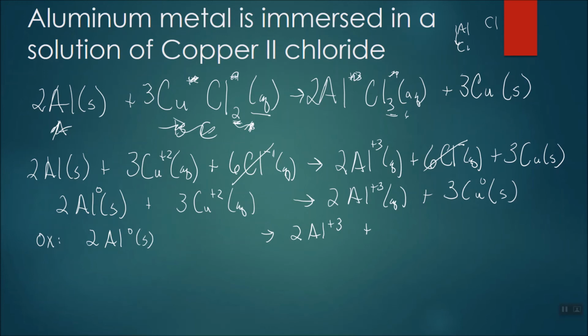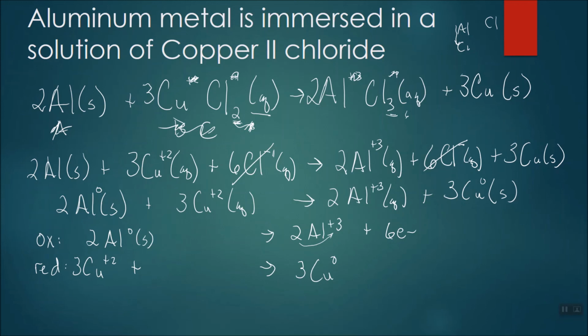But there's 2 aluminums losing 3 electrons. So it is 2 times 3. 6 electrons being lost. Red cat. Oil rig. Oxidation is losing, reduction is gaining. So we will find electrons on the reactant side. So in order for 3 coppers to go from plus 2 to 0, they're going to